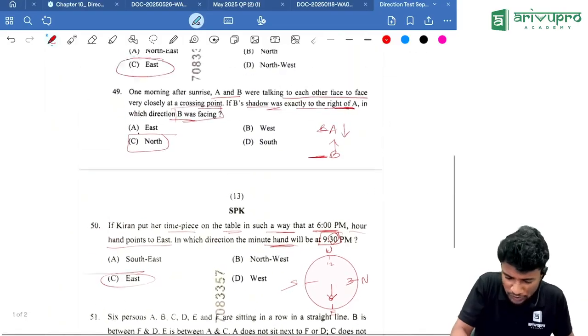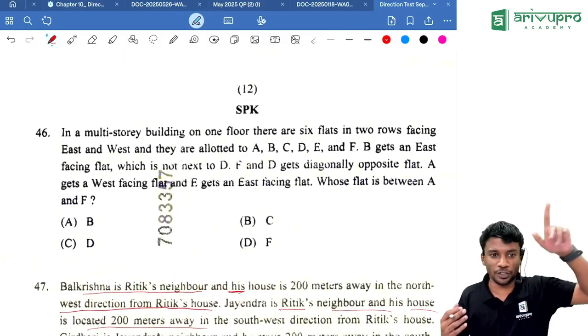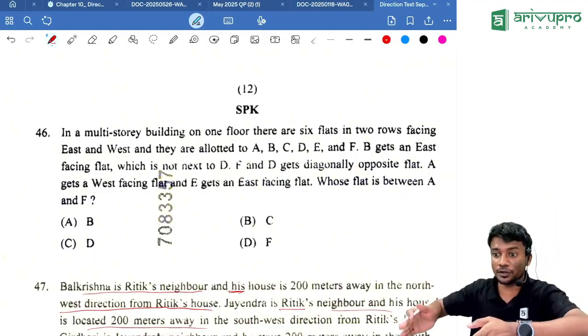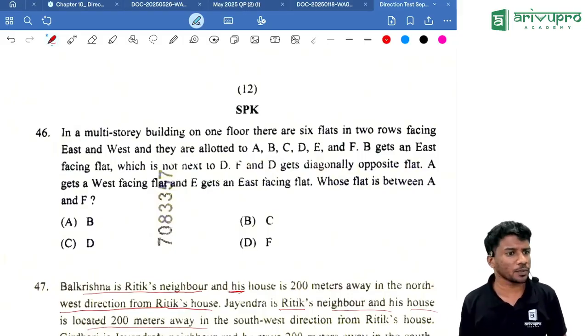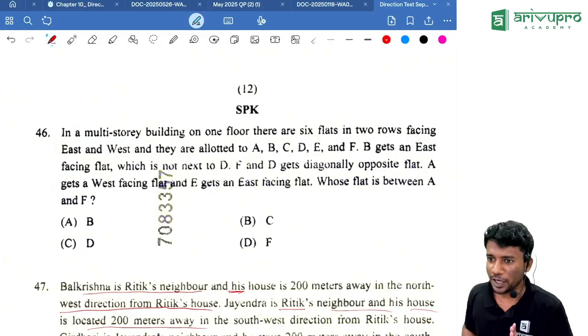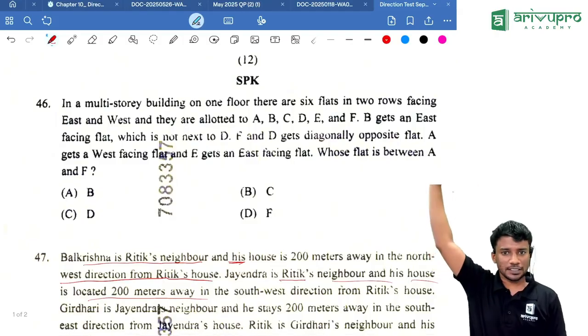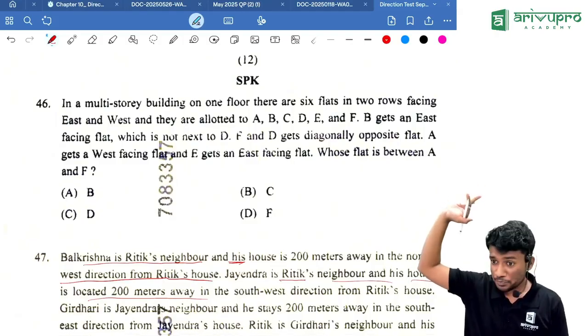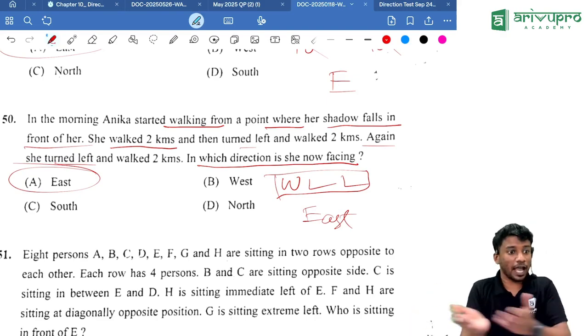One more question was there, but that is more related to our seating arrangement. I told you about arranging in parallel and all, right? That question was related to that. When we solve the seating arrangement previous year questions, I'll solve that question. Then, which attempts have we solved? We solved the January attempt. Then we solved the September attempt. Now we are going to the final last one, which will happen just now.